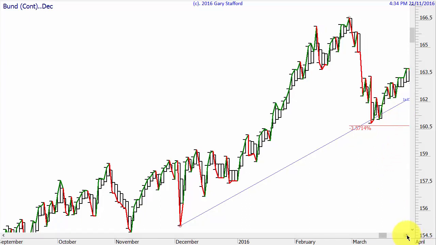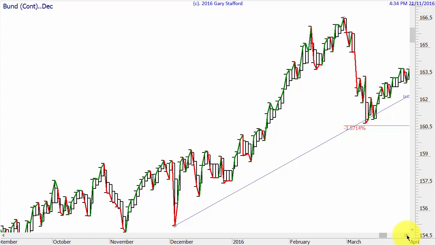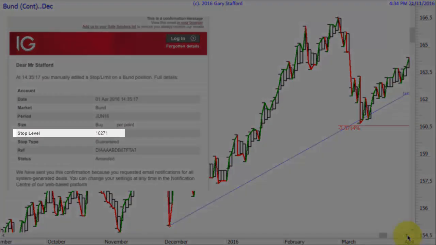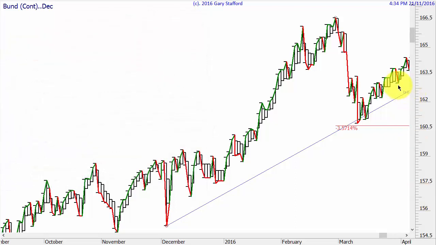The next day nothing really happens. Next day we come down in red. Next day we go back up and we go back to green, so I can now move my stop loss from below this low to below this low. Next day we're up. Next day we go shooting up. Next day we come down in red, but my stop loss is still below this low.